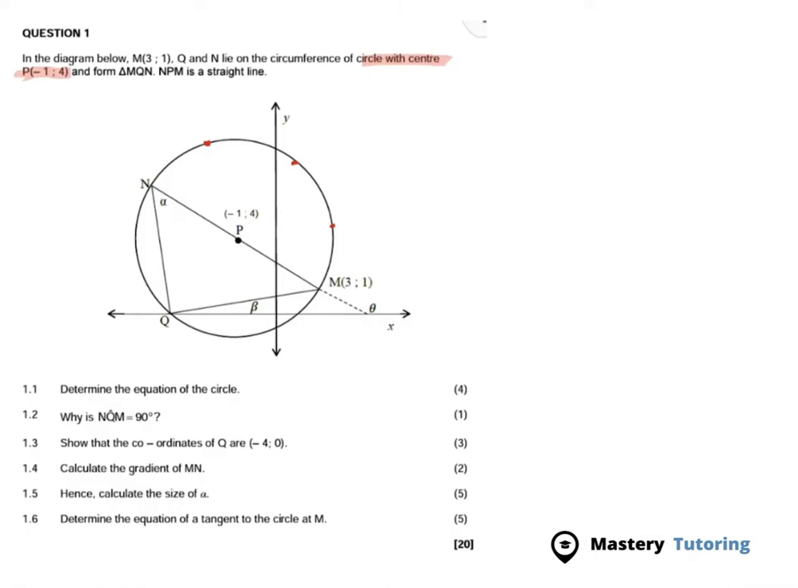All right, moving on to 1.2, it says why is angle NQM 90 degrees. So they want to know why this angle NQM, this one, is 90 degrees. Why? So now, to explain this,